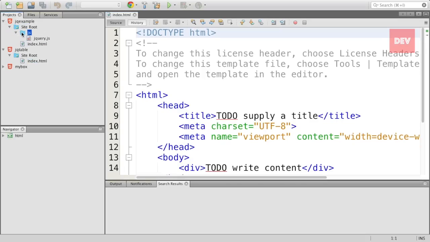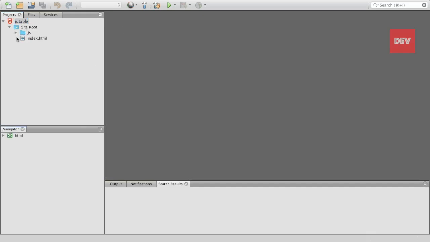I get the jQuery from one of my previous projects. Just copy it here. So better I close the other two projects to avoid confusion. Before starting,